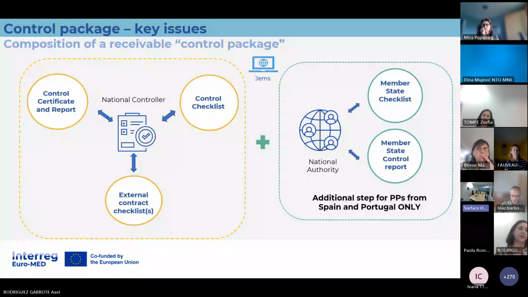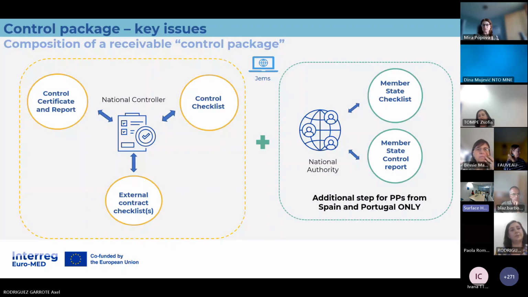For partners from Spain and Portugal, there are two levels of verification. The first level is the same as in the other countries: the national controller does the control checklist, the external contract checklist, and the control certificate and report.